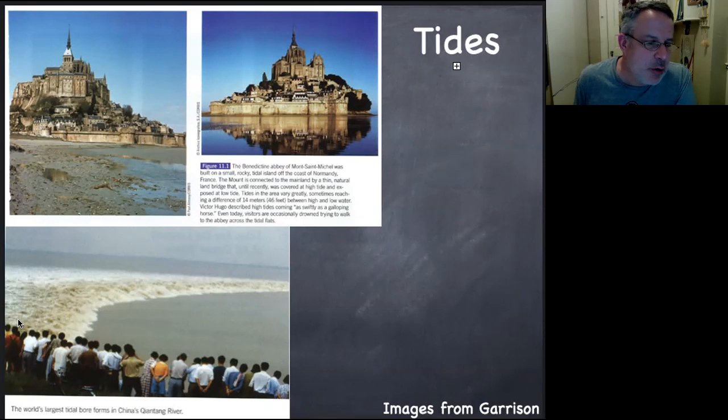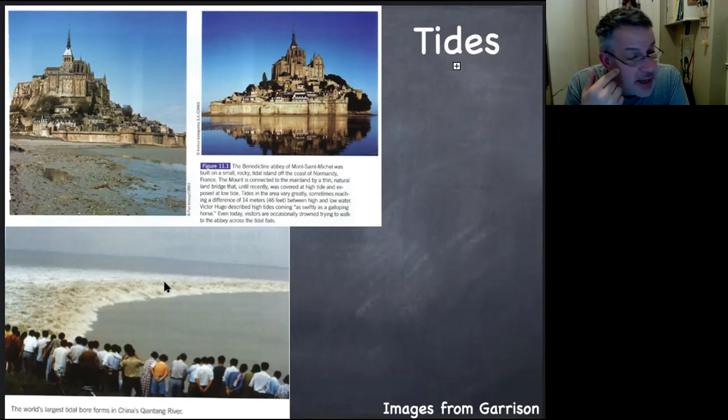And then a tidal bore. This is in the Qiantang River, which is when the tide rushes into relatively shallow water, and that tidal wave, the crest of the tide, actually starts breaking, and it makes a big bore. This is a relatively rare phenomenon. You really need just the right size and shape of river. There's a pretty pronounced one in the Androscoggin River in Maine. It's probably the closest local example.